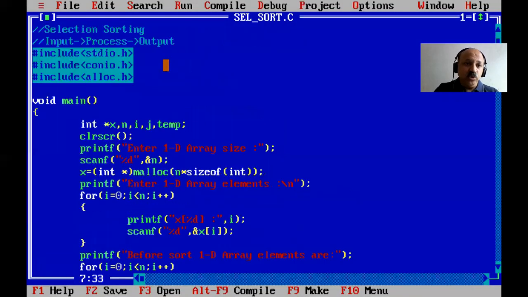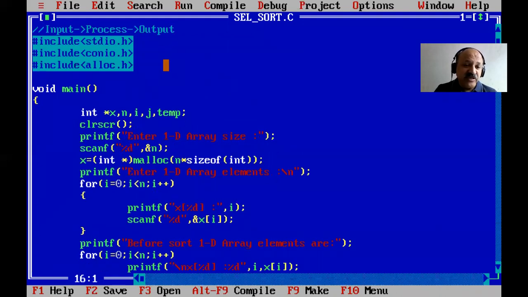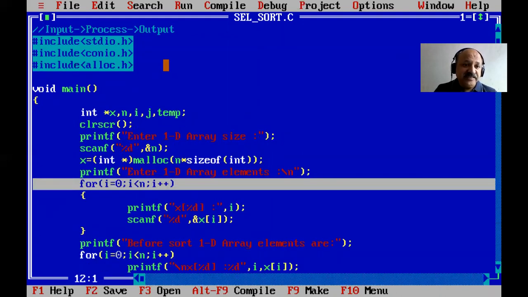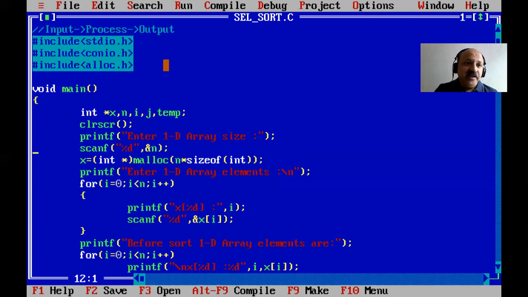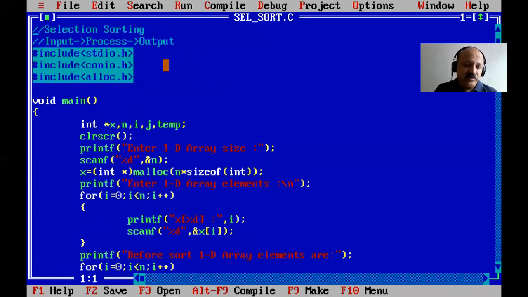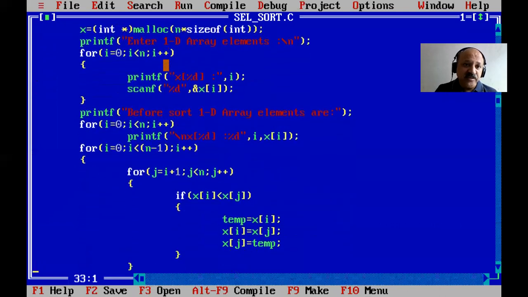So it is a totally dynamic array, and the loop is controlled by n, because we have to scan n, the size of the one dimensional array. That is the first technique I cover, selection sort, a very simple basic technique. And let us see what the advantages are. Any question regarding this?